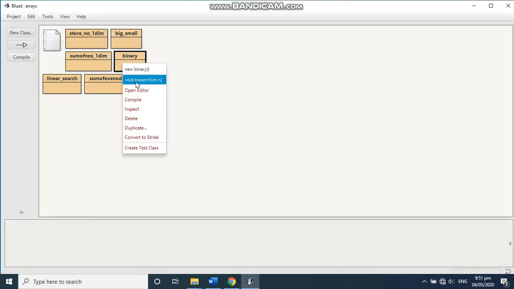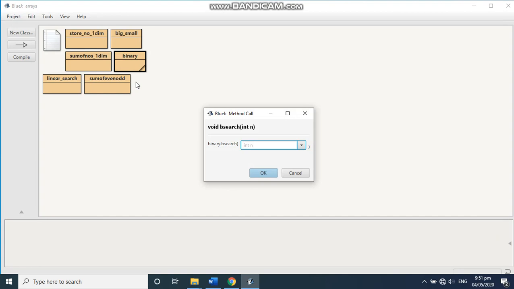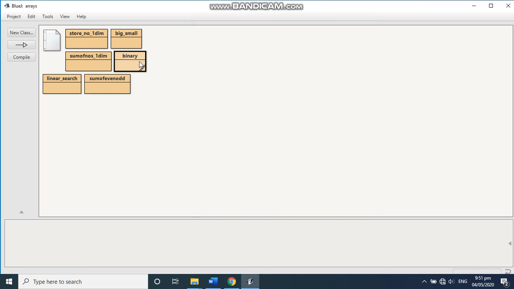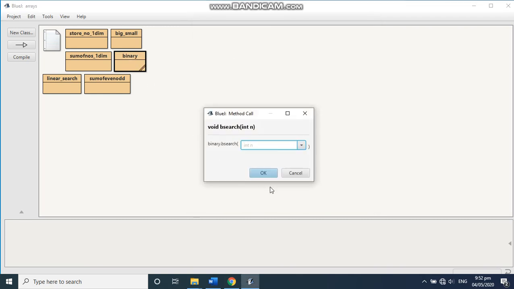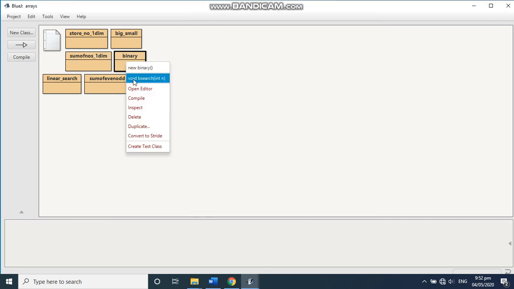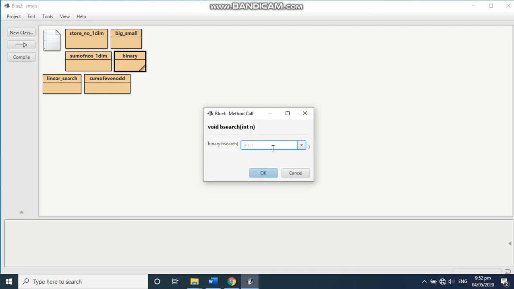Right click, search. Now enter the number to be searched. Let me give some random number and see how it works. Not present. Let's do some other.